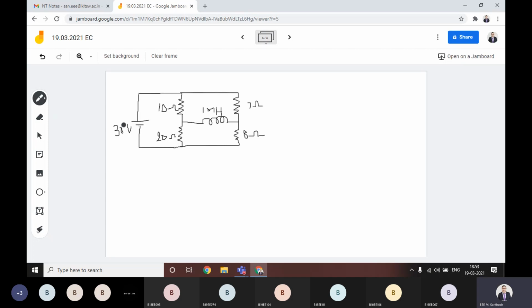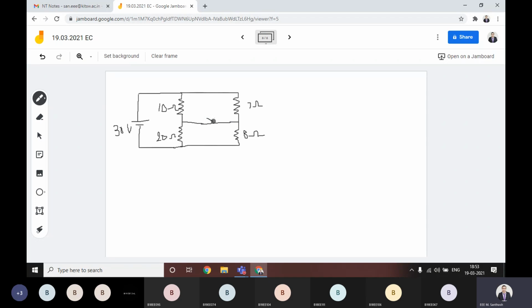Okay, let me tell you. Whenever you are talking about the inductor, in case of the DC, it will behave always like a short circuit. That means this inductor, whatever we are assuming 1 millihenry, there is no inductor in case of DC. Simply it will act like a short circuit for the DC. Okay, that means simply you connect this line.